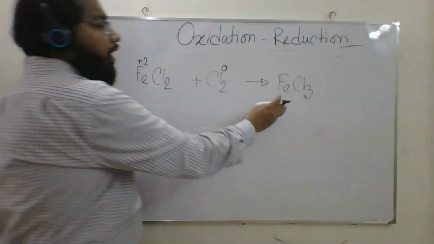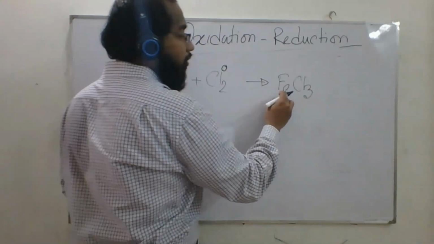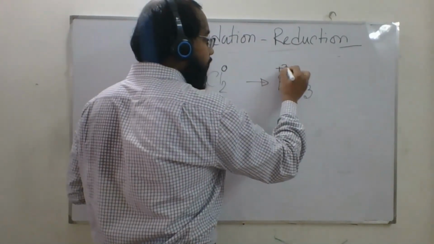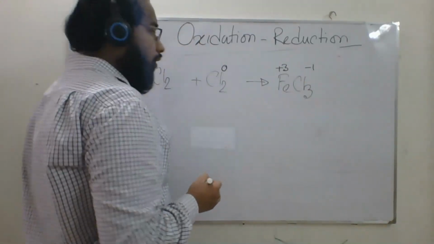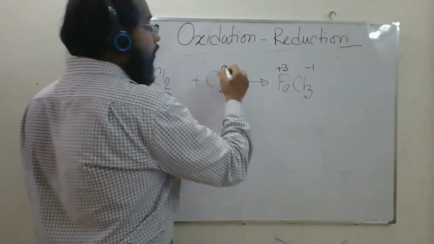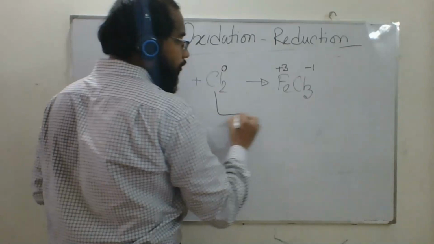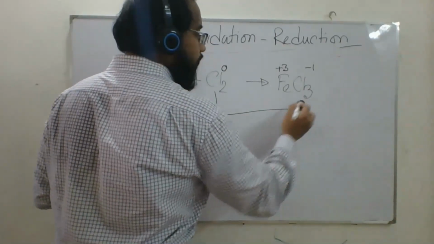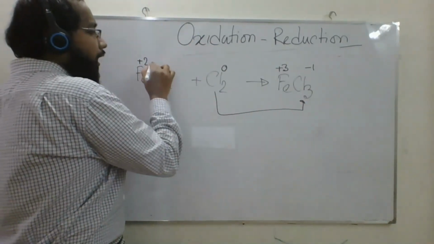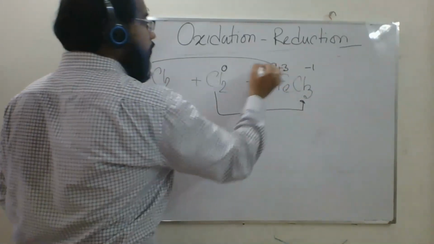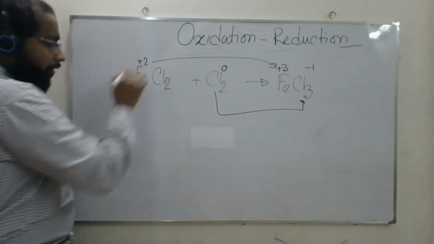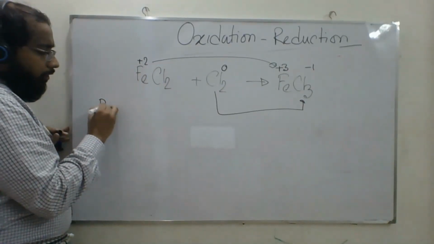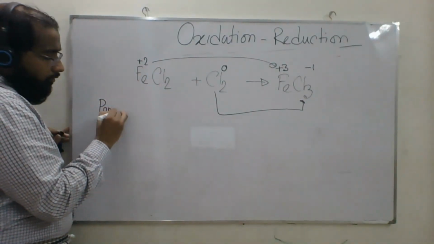Now what is happening here? What is the oxidation number of iron here? +3. What is the oxidation number of chlorine? -1. So chlorine went from 0 to -1, and iron went from 2+ to 3+. That means we can say for iron the positive oxidation number increases,